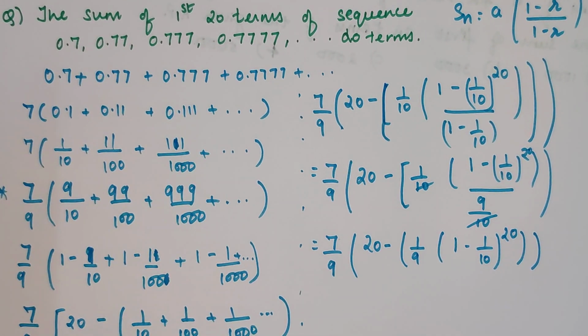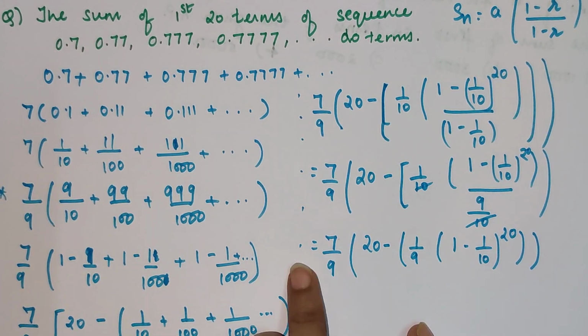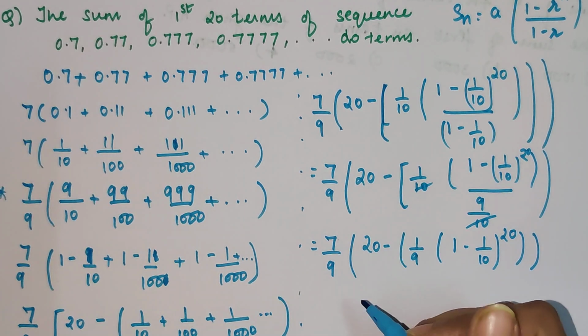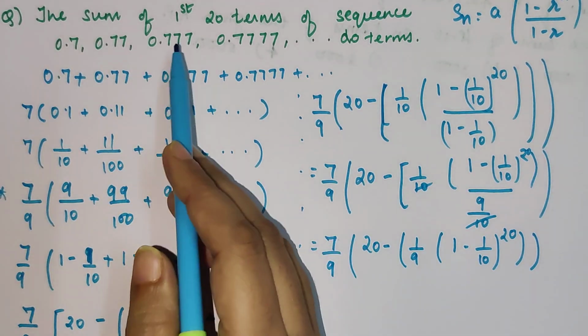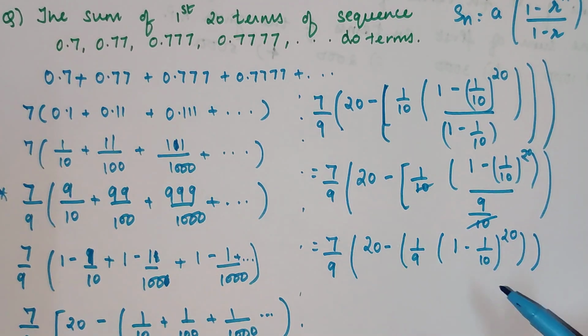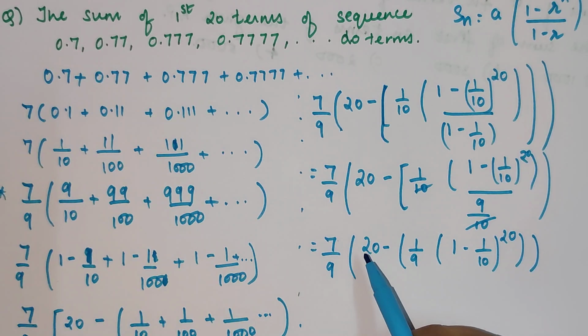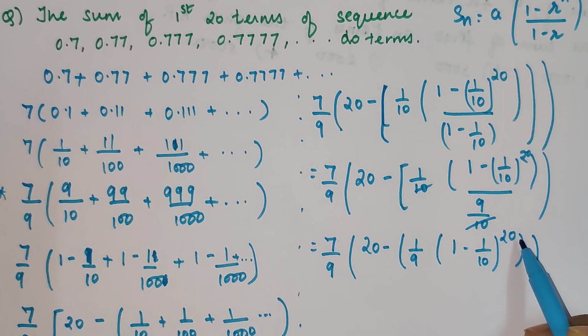Now if you want, you can take this outside as well, or you can leave your answer over here. It depends on the options given to you. So I hope you understood. If they had given you something else, you would have done the same thing. If it was a 5, this would become 5, and instead of 20 terms, if they had given you 40 terms, then this would become 40, and here also you will get raised to 40. So students, I hope you got the hang of it.